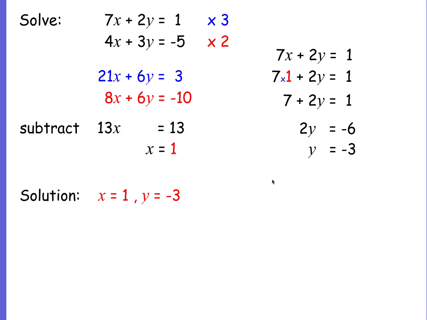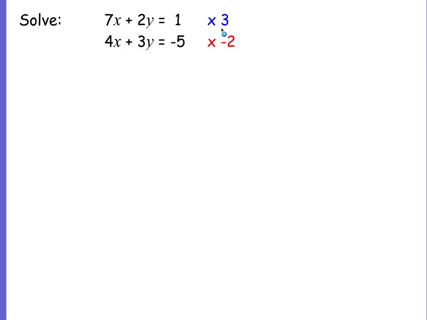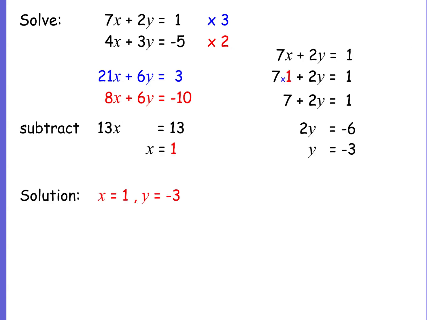And just to point this out, I have been doing it all by subtraction. When I was at school, and some teachers still prefer to do the following. Instead of multiplying by 3 and 2, multiplying by negative 2 here, it simply means you've got a plus 6y and a minus 6y, and then they add. You get the same result, 13x is 13, and the rest of it's all the same. So I tend to do subtract,